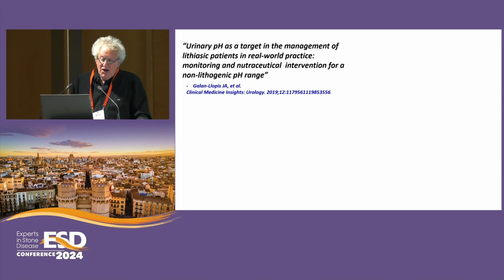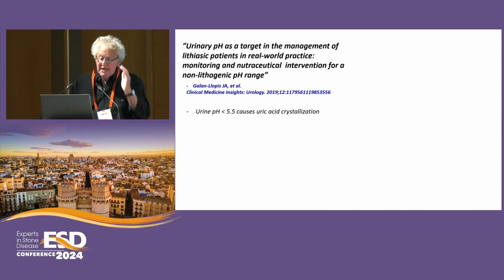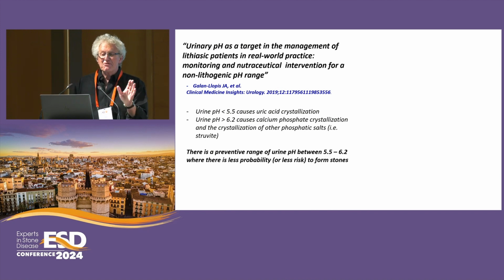So here's a paper, urinary pH as a target in the management of lithiasis patients in real-world practice. So here is the proposal to use pH, which determines supersaturation, which is regarded as the indicator of stone risk. This is an alternative. So this paper tells us that, and you've seen this a couple of times today, pH less than 5.5 is uric acid, pH greater than 6.2 is calcium crystallization, and that there's a preventative range,